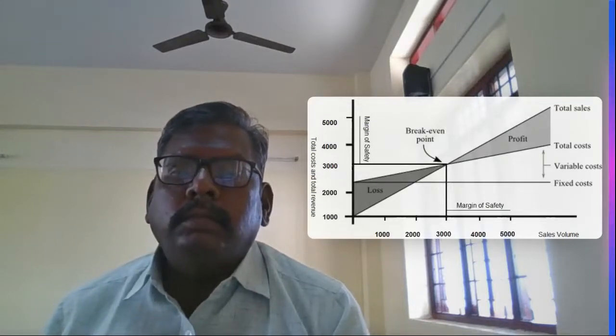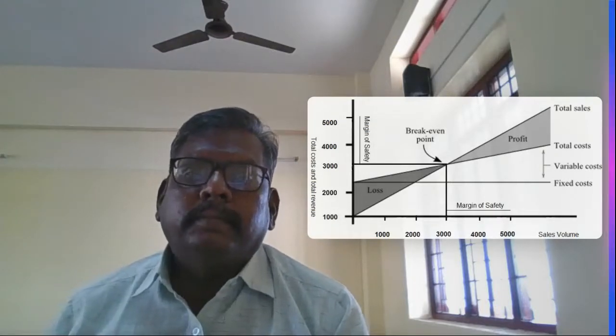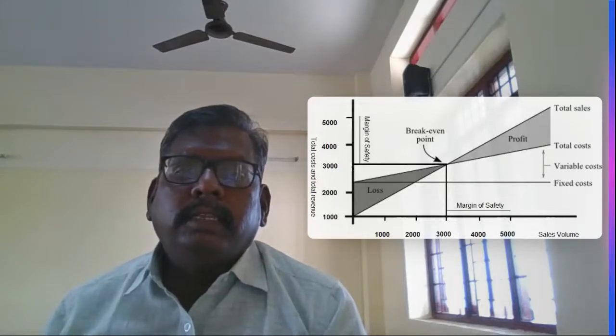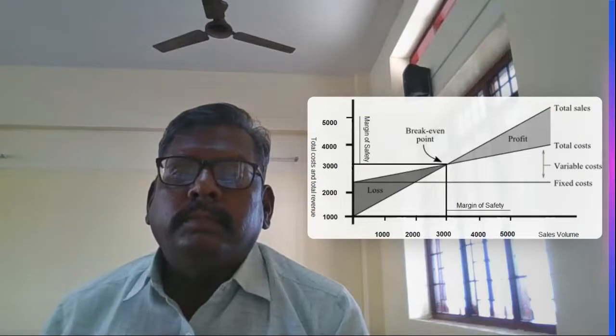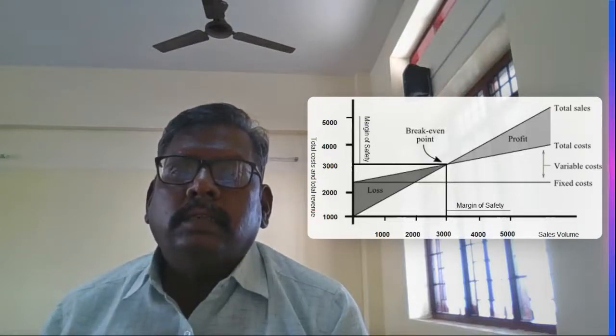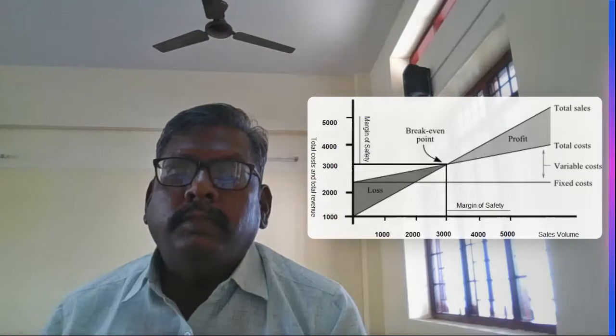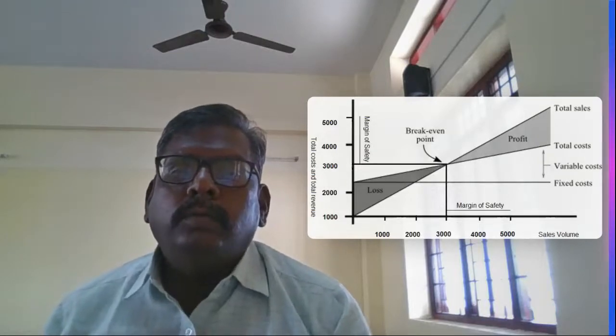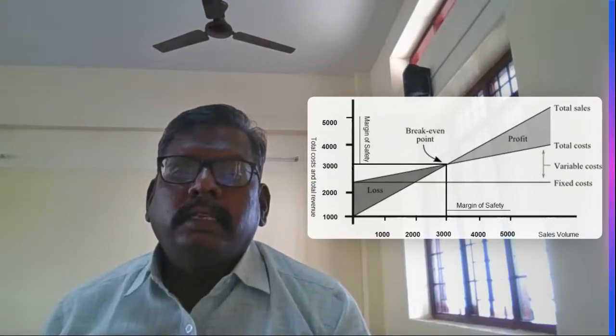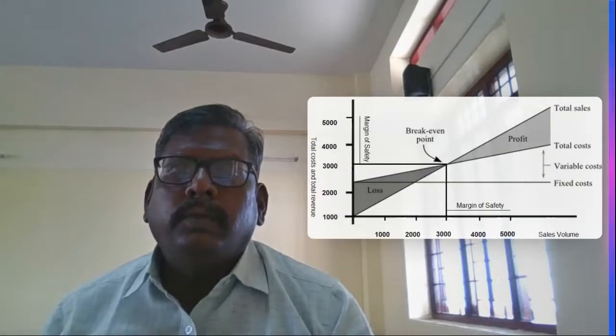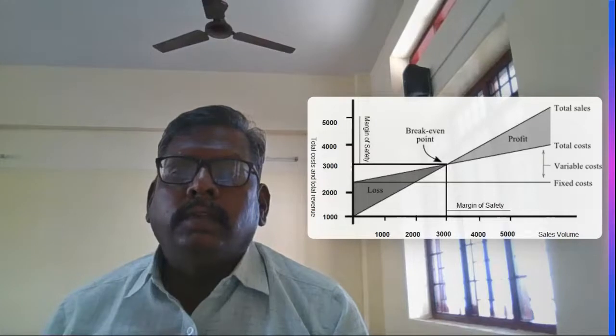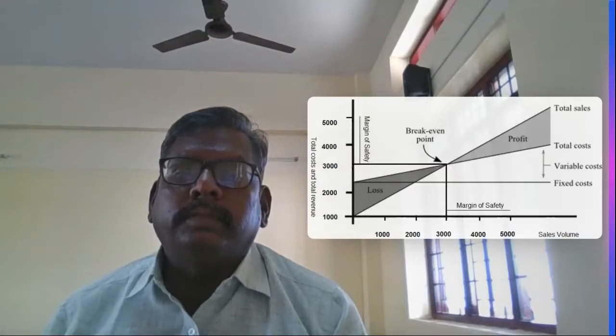Now let me explain about the break-even chart from this diagram. See the x-axis, it's called the sales volume. The y-axis is called the total cost and the total revenue. So how do we draw the break-even point from the given data? See,